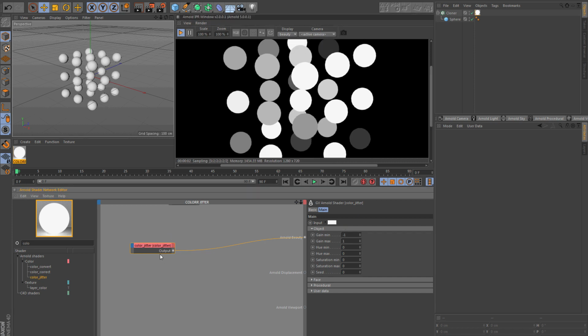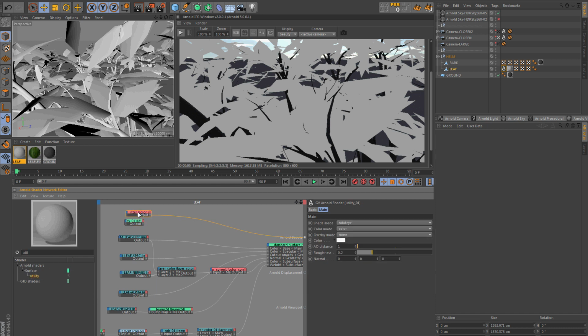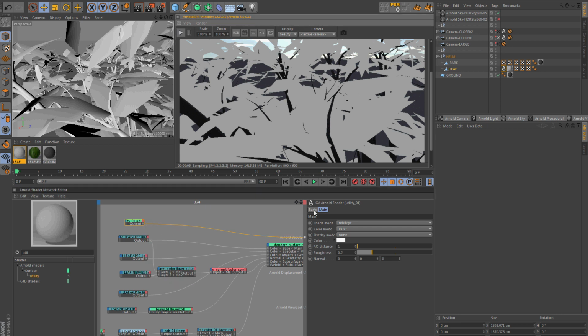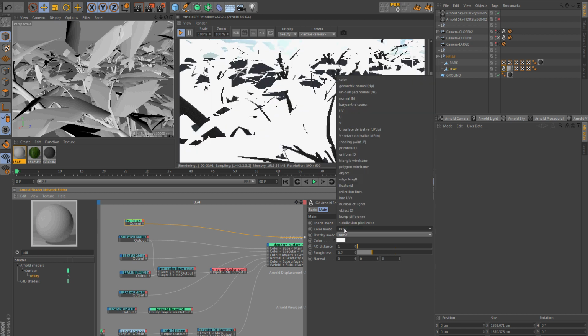But in my scene, all the leaves have the same ID. And as you can see, it doesn't work. This is because all the leaves are on the same object. This is the same ID. So let's try to bypass this using a utility shader and set it to object mode.